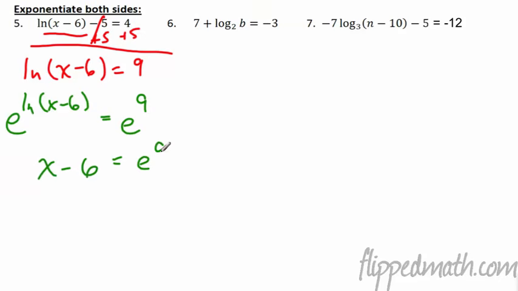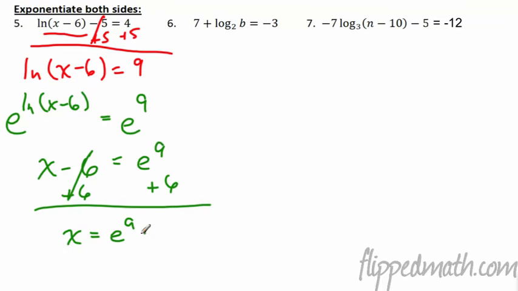Here we get some ugly number. I'm just going to leave it as e to the 9th power. We need to add 6 to both sides. So they cancel. We're going to get x equals e to the 9th plus 6, which is approximately equal to,